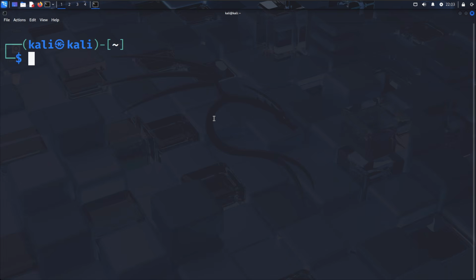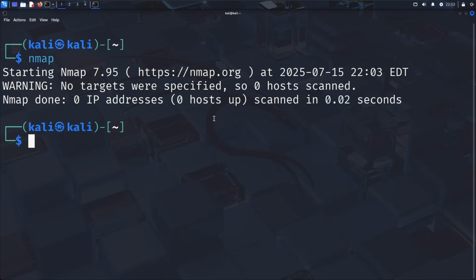So if we type in Nmap, okay, what happened? It didn't do anything. Nmap is just a tool which allows you to scan open services and ports on a network. But you can see here, nothing obviously happened, because we need to supply an address to scan. So if we type in Nmap and then an IP, this can be a local area network IP, so an IP address, which is a computer address or phone address on your network that you can scan. I'm not sure why you would do that, but you could do it to see if there are any ports that are open. You can even do this to your router, your modem, or whatever. For now, I'm just going to do my modem, my router, which is